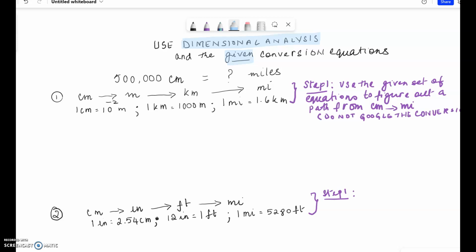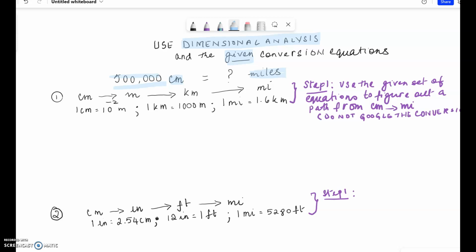So we're going to convert 500,000 centimeters. And remember, the unit of measurement here is centimeters, and we're going to change it to miles. Centimeter is a metric unit and miles is a British unit. And